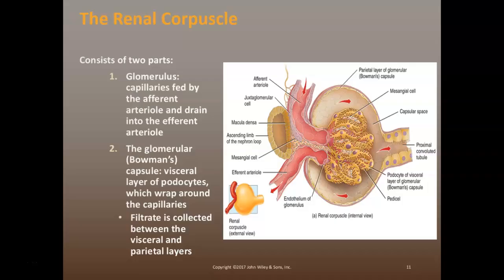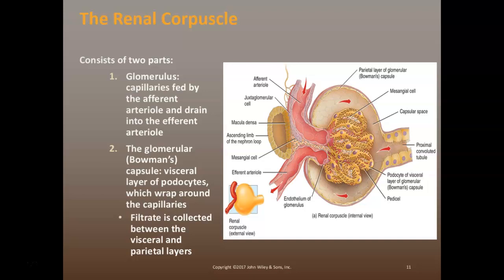Remember, the renal corpuscle consists of the glomerulus, which is the capillary bed, and the capsule, the container. So the glomerular capsule has a visceral and a parietal layer. The visceral layer is made up of modified simple squamous epithelial cells that are called podocytes. Podo means foot, cyte is cell. So there are foot-like projections of these cells that are called pedicels or pedicles, and they wrap around the glomerular